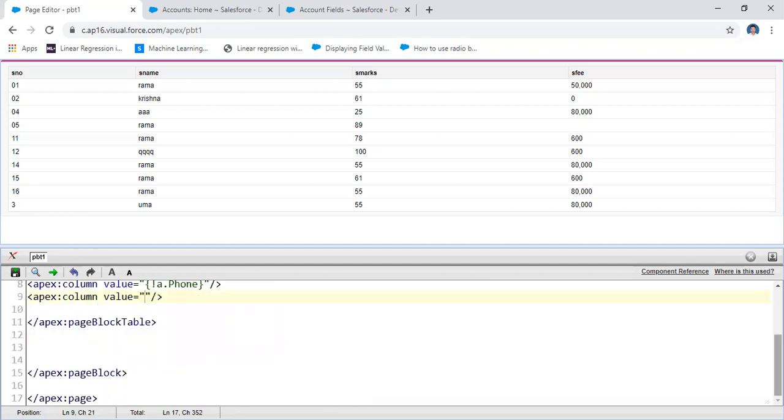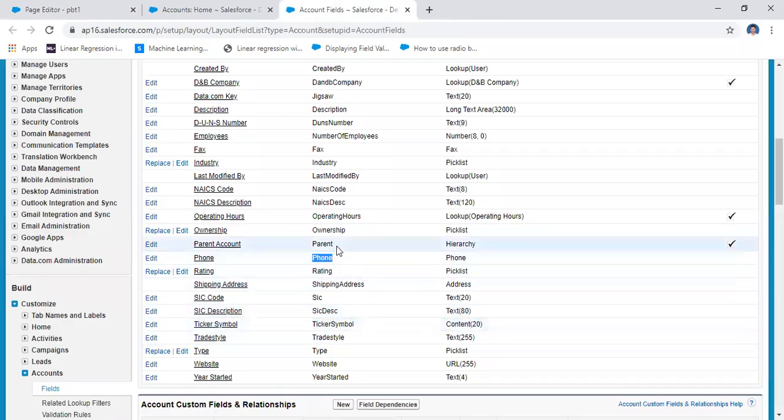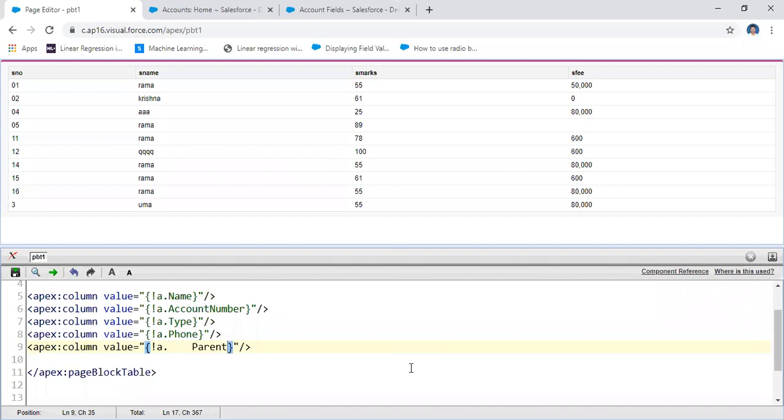How can you represent the string value? In flower brackets, one flower bracket, and then an exclamation mark. After that you will use a dot. Here take any one of these. A dot, I need parent. A dot parent, the parent related information.